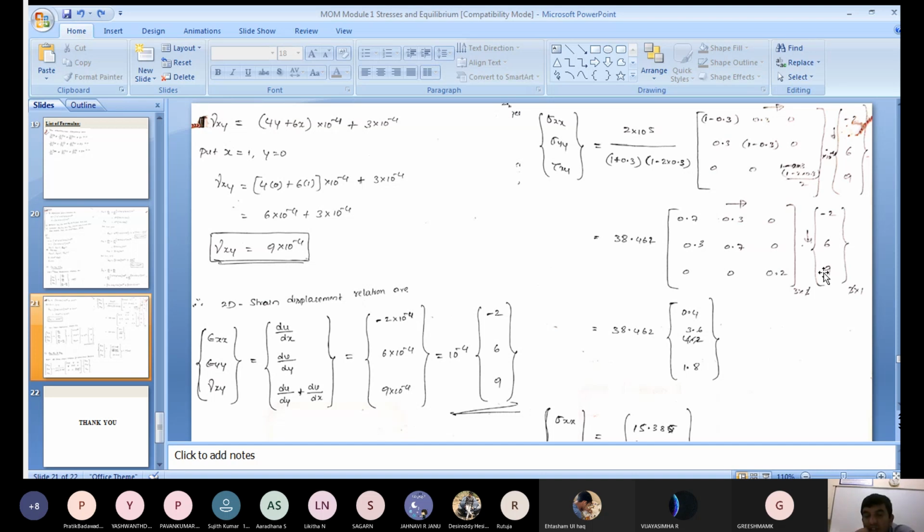One matrix is 3 cross 3, another one is 3 cross 1. Check whether the matrices can be multiplied or not. How do you know that? 3 cross 3 into 3 cross 1. This is row into column; the column and row get cancelled. Then only you get a 3 cross 1 result. A vector you will get, not a matrix, right?